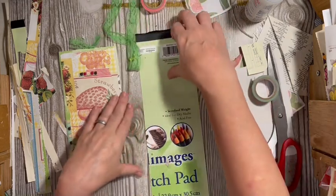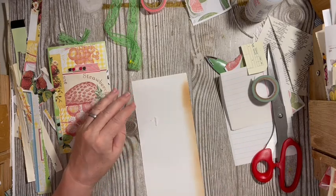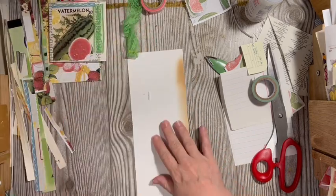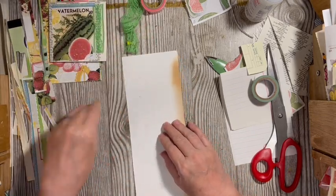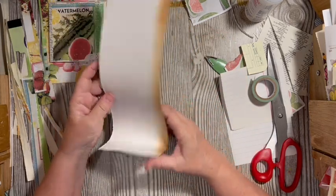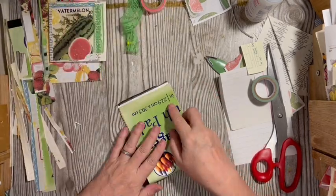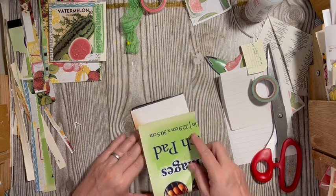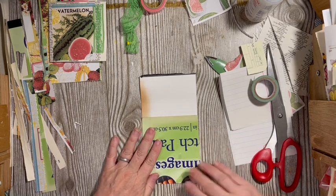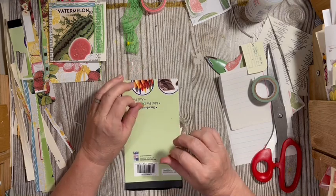So we have another one, and so far that gives us 2 finished items, okay? We've got a watermelon and a strawberry. Watermelon page over and a strawberry. So remember, you can do things like putting a pocket in it if you wanted to. You can use wrapping paper to cover. You can use wallpaper. You can use your scrapbook paper, but for this one, our base has to be the